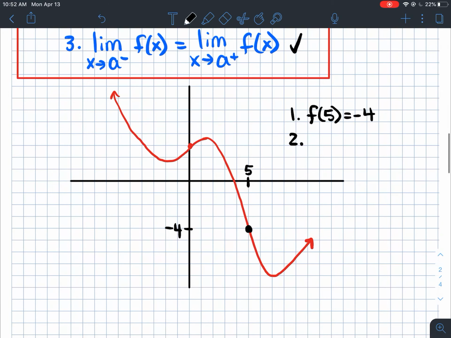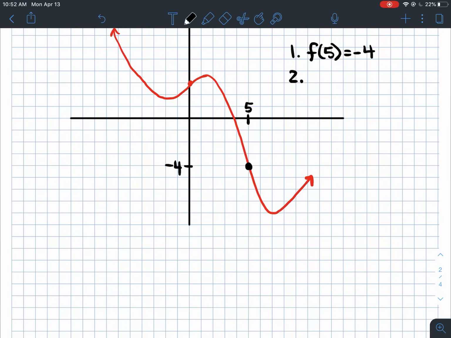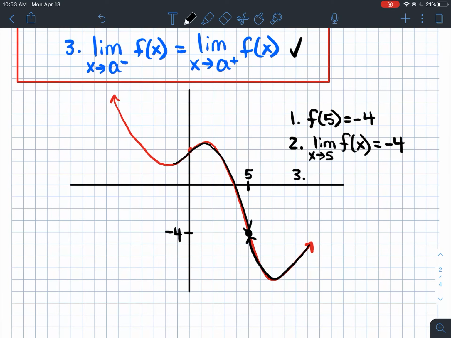Okay, rule number 2. The limit exists. In order for the limit to exist, the left and right hand limits must exist and they must be the same. We can see that when we approach the graph from the left and the right, it's going to equal negative 4. If we're approaching from the left, yep, our limit's going to be negative 4. If we're approaching 5 from the right, we're also going to end up at negative 4. So the limit as x approaches 5 of f of x is equal to negative 4. Perfect. Rule number 3, that limit has to equal f of a. So boom, they do. So it turns out the limit as x approaches 5 of f of x is in fact equal to f of